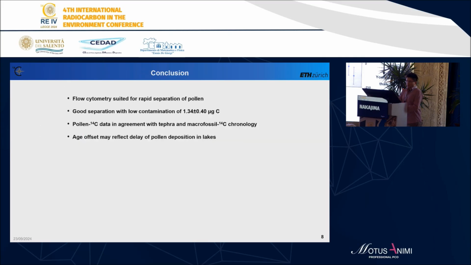So in summary, I've shown you that flow cytometry can be used for separation of pollen, and we can achieve quite a good separation with very low contamination. So we can measure pollen sample sizes of around 20 to 30 micrograms. Pollen data that we get are generally in agreement with tephra and macrofossils, but at the same time we see